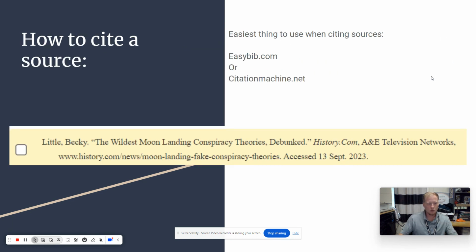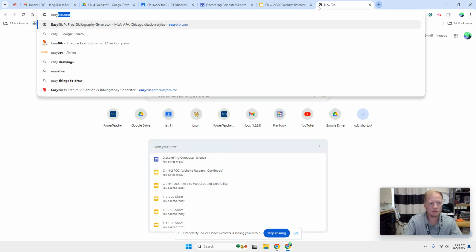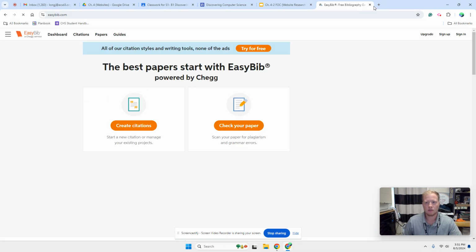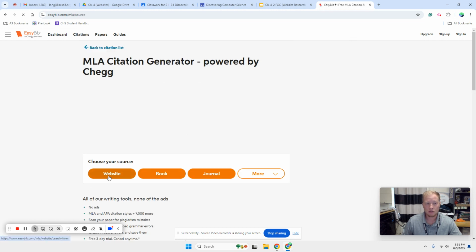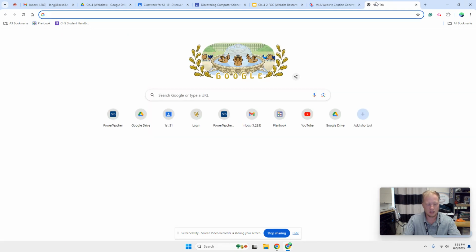All right, now just as a quick review, how to cite a source, okay? Because you guys are going to be working on this research project. If you haven't finished it already, remember you've got to have 3 credible sources. Now, how to cite a source? You're just going to use regular MLA, and once again, easybib.com is your best one. You're going to go under Create Citations. You're going to choose website because I'm not going to make you guys use a book for this, and then